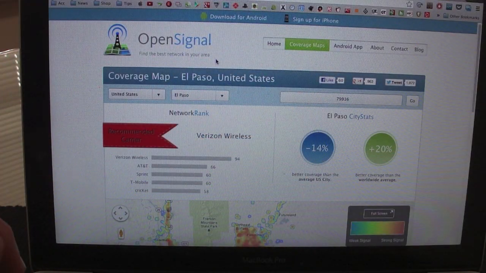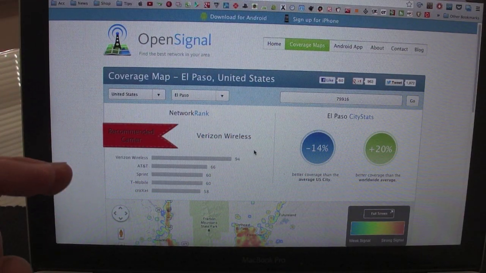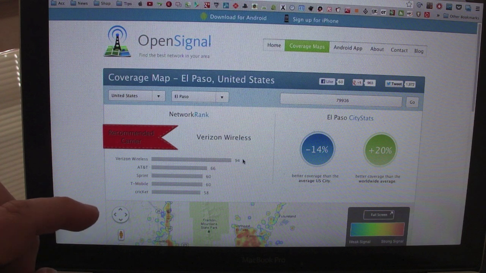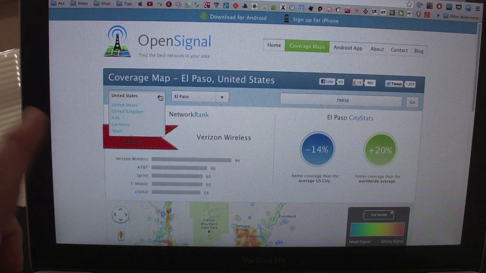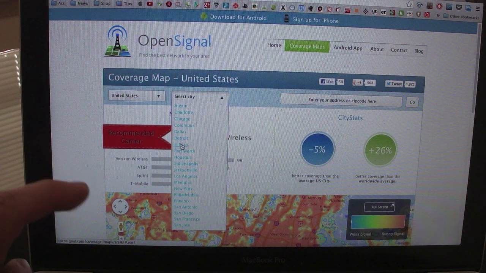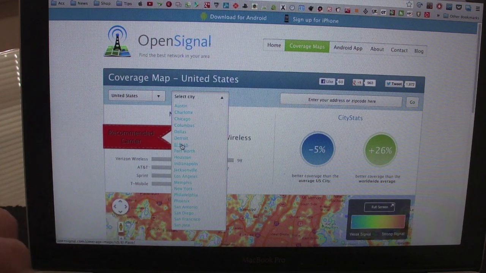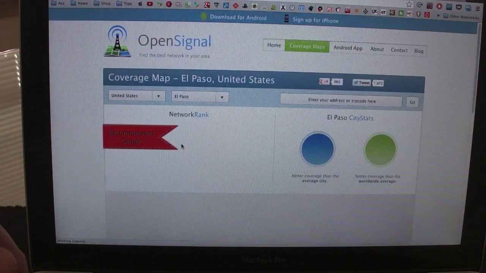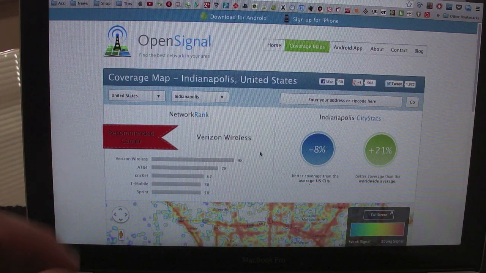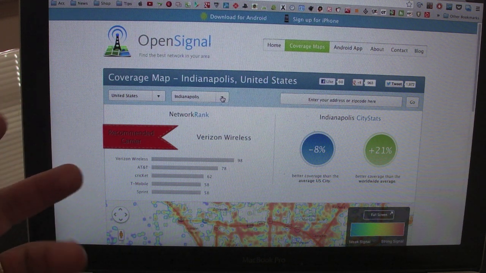Okay, and like you can see here in OpenSignal.com, the website actually looks a little bit like the app, the colors and everything. And over here, you would enter your location. For example, United States. Here I would enter El Paso, but you can enter any other country or city, and it will show you which carrier is the best. The website is very awesome. That's why I recommend it to a lot of people. If you don't have a smartphone, you could go to this website,